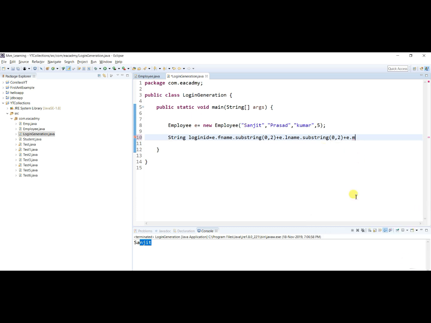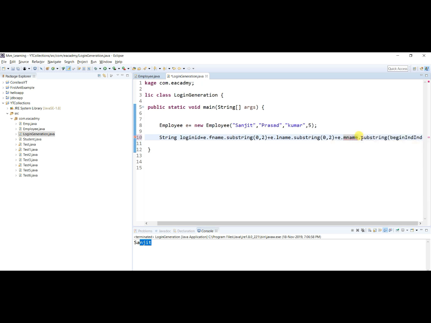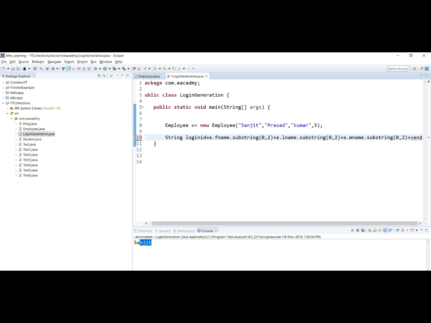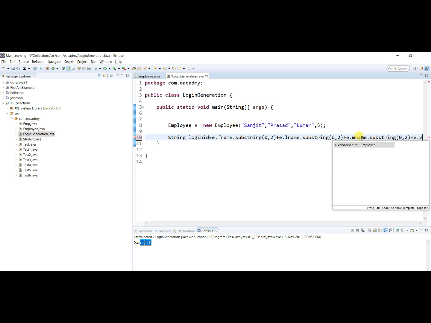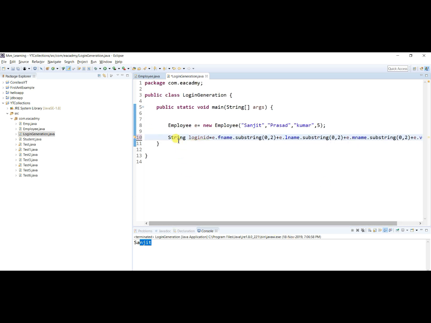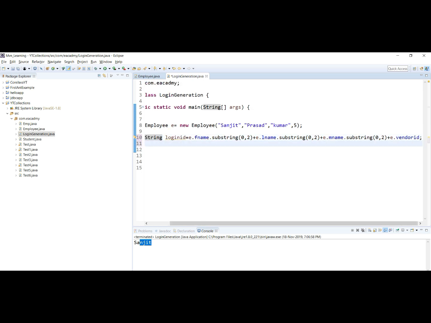again e dot middle name dot substring, 0 to 2, plus I'm going to add vendor ID as well, e dot vendor ID. That's my logic. Logic is completed. Now what I'm going to do here is